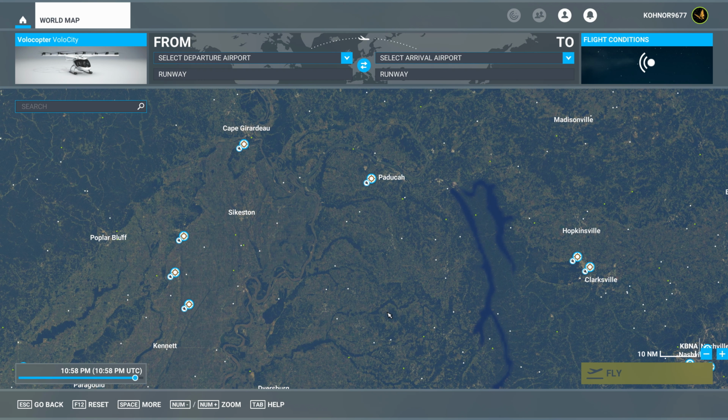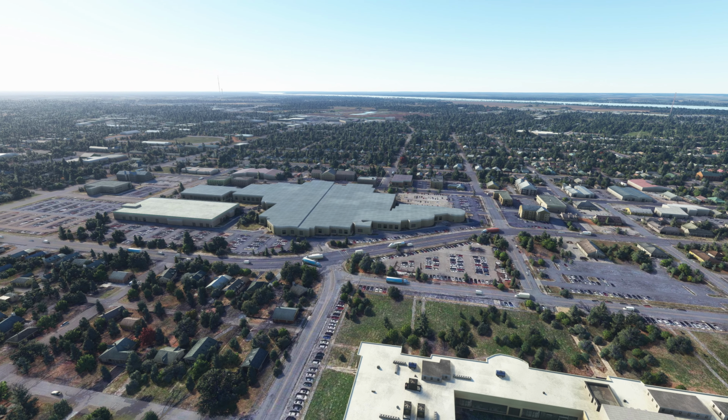If you want to learn how to bring 3D photogrammetry into the simulator, I will pin a video below that shows you how to accomplish this. I will also pin a second video below that shows you what to do when the Earth2MSFS Tool scenery tiles do not work. I'm going to be placing this helipad on a hospital, and here is what the hospital looks